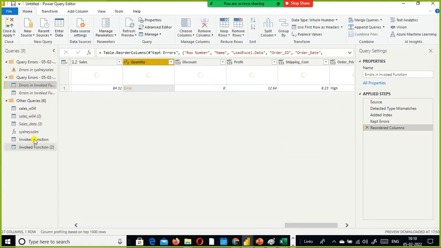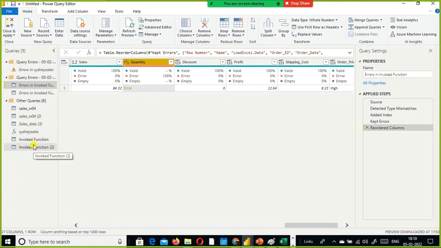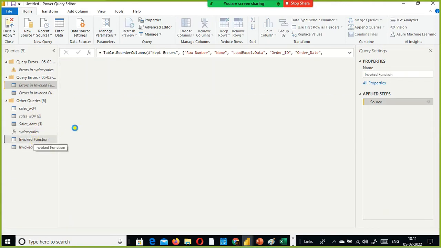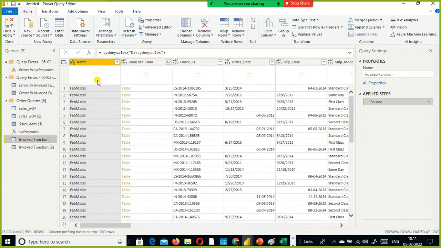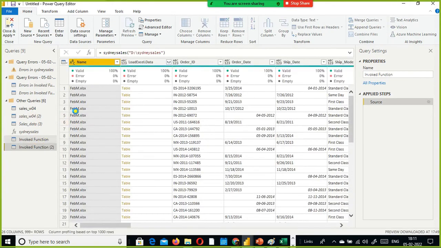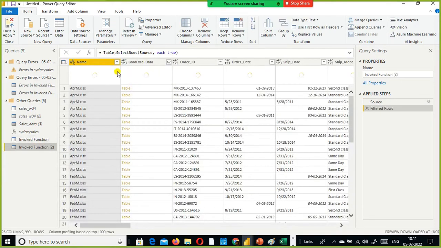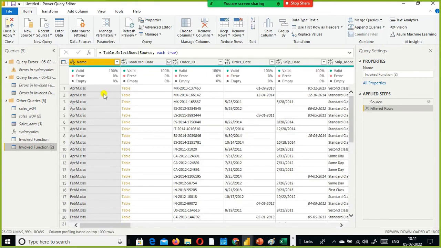So in that case, now let us go back to this one, invoked function. Ideally I should have taken that one, duplicate value, invoke function 2. This is the one we invoked it, right? April month.